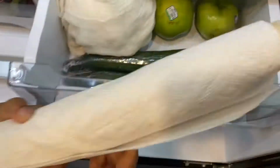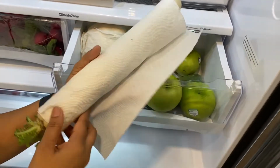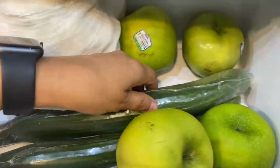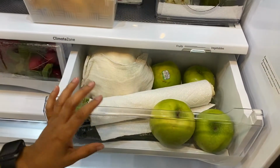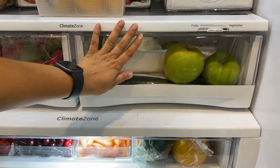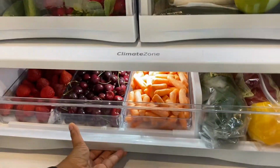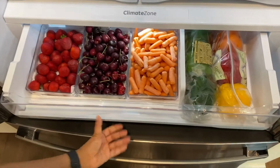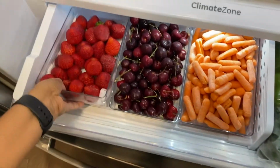Here in the mesh cloth I have kept my cauliflower. This is wrapped in the tissue so that it stays fresh. Some cucumbers, green apple, and in this shelf I have my fruits washed and kept. Strawberries,